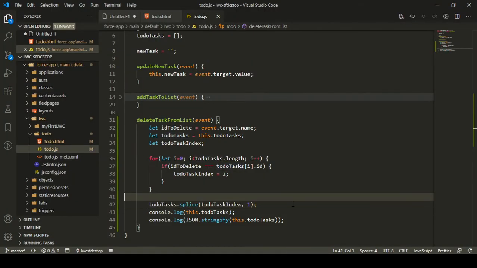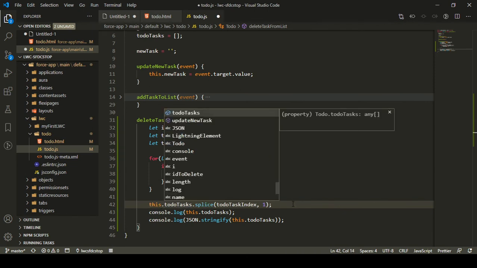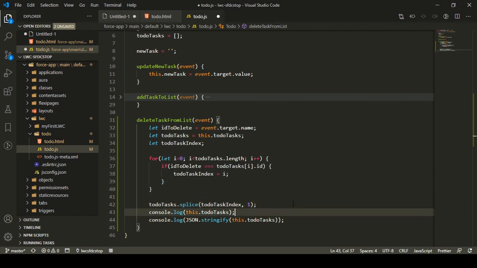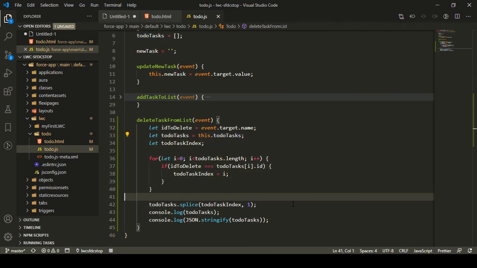And if I go to our code, either you can use to do task to splice, or you can also use this dot to do task. I mean, I just removed this because this is fine. Even if I use to do task itself, it's fine because the element that I'm assigning to the to do task variable is actually passed as a reference. So this is not a copy, it is actually passed as a reference to the original this dot to do task. So it's fine if I'm using this everywhere, right? Because it's easy to use, that's why I use this, right?